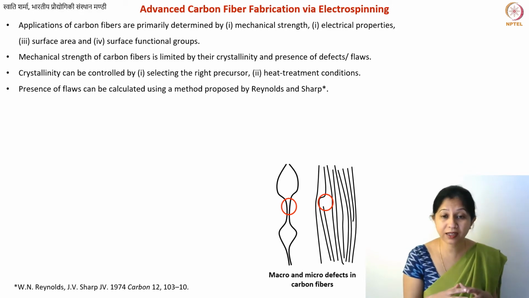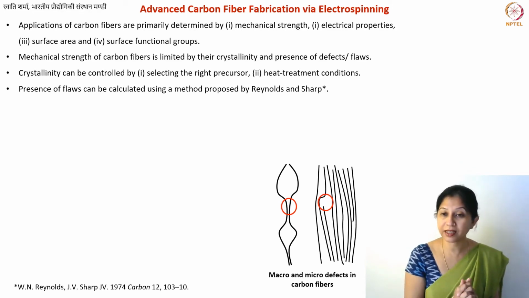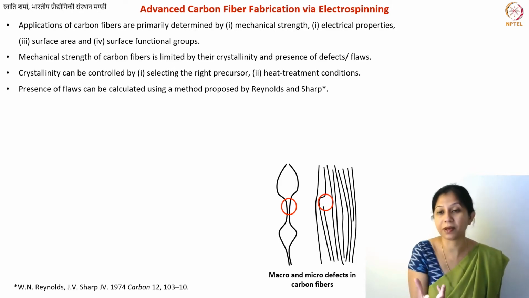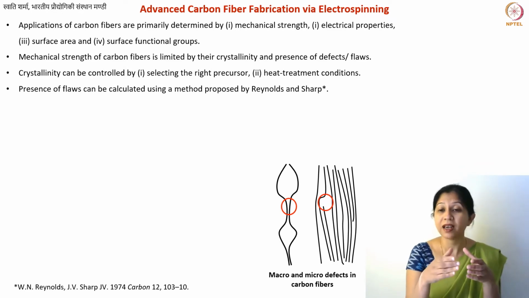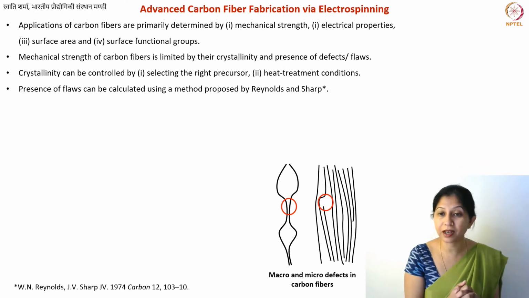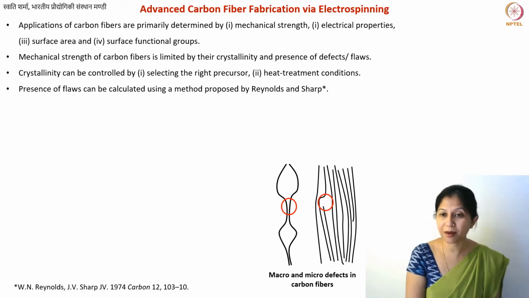Now flaws are something that is not easy to control. However, as the diameter of the fibers gets smaller, there is a lower probability of getting flaws, because these flaws are often larger, for example 50 to 70 nanometer in size. If the diameter of your fiber itself is 100 nanometer, then there is a very, very small probability that you will have a defect that is 50 or 70 nanometer. So one thing you can do is reduce the diameter of these fibers.